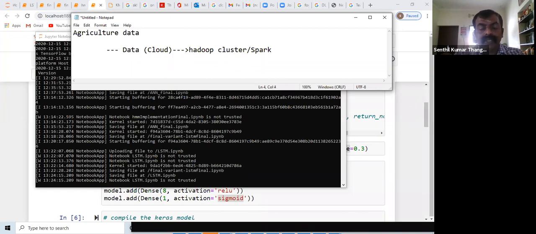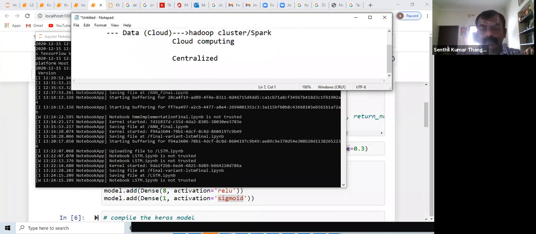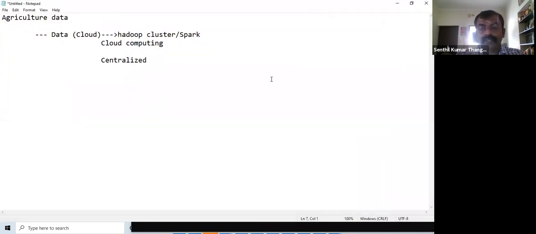So when you are doing something like this, it means that what you have implemented is a cloud computing approach, right? Now, this approach gives you a characteristic: it is a centralized approach. The reason is that you have a cluster, and so automatically there is a server and a set of clients that are being processed.